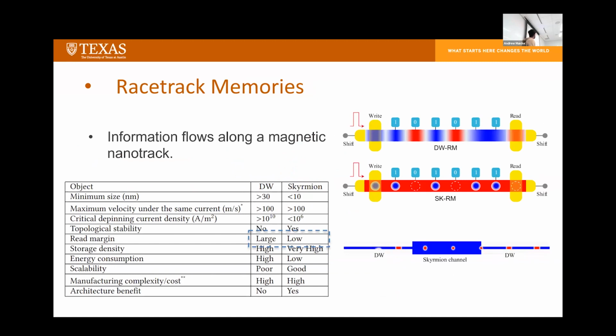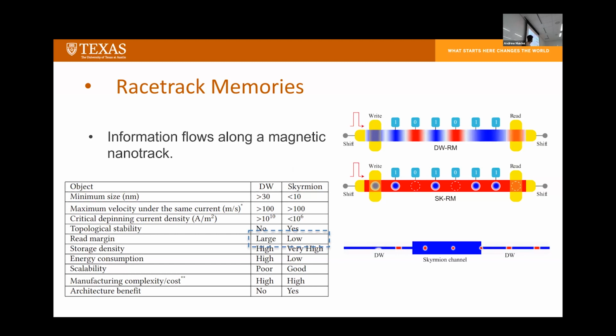Coming to racetrack memories, it's basically a nano magnetic strip with presence of skyrmion being 1 and absence being 0. It was initially proposed for a domain wall racetrack. But as you see in the table here, skyrmions outperform them in almost all the sections except